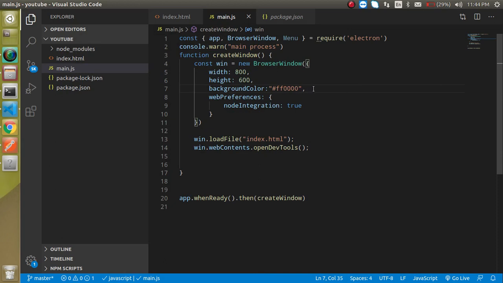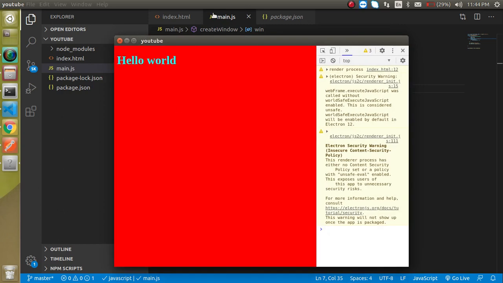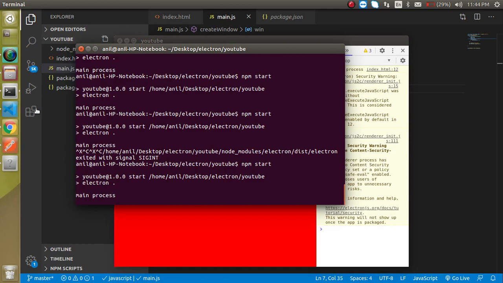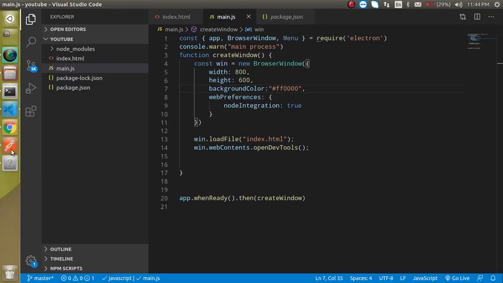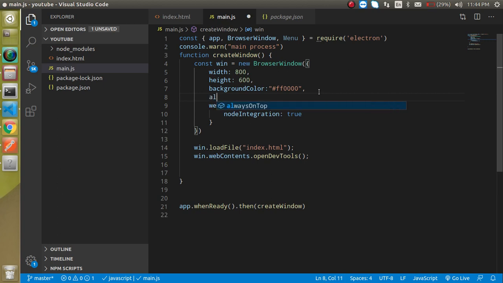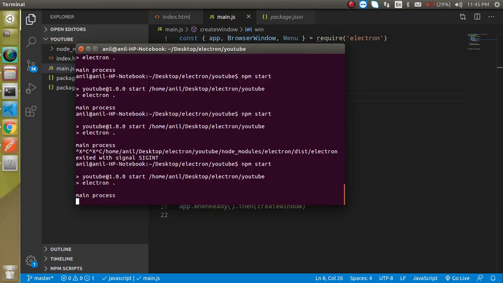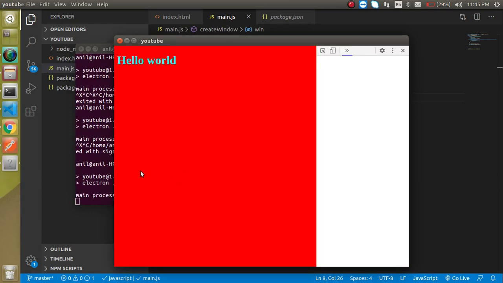All right, so now let's go with some more properties like always on top. So here you can see that now my window is on top, and if I open the command line, then the command line is actually on top, right? And then if I open the browser, then the browser is actually on top. So the always on top property will make it stay on top. Now if I use here always on top and make it true, then you will find that our window is on top.